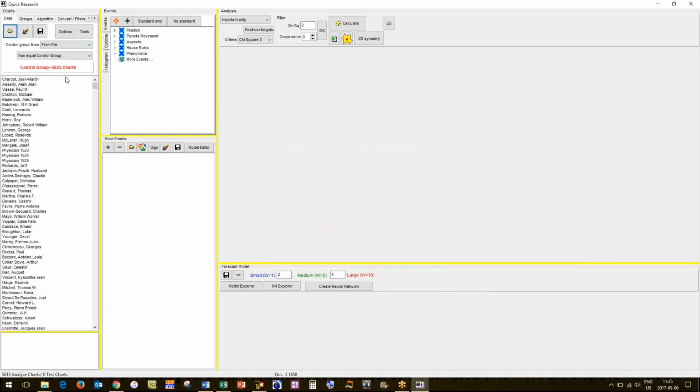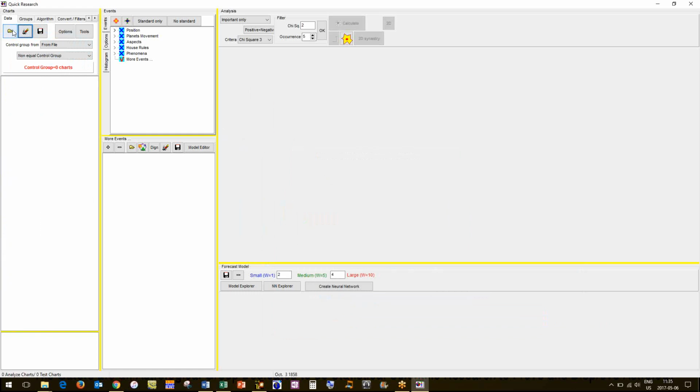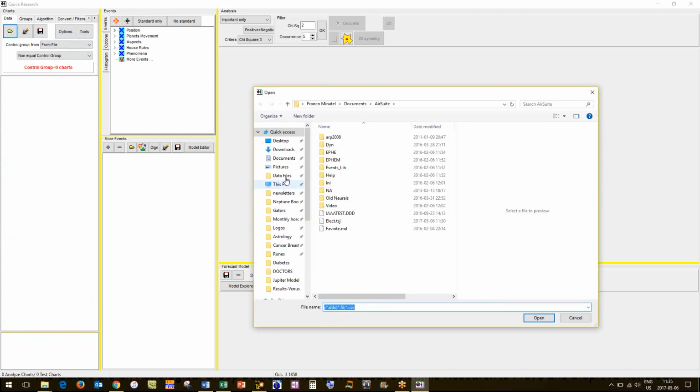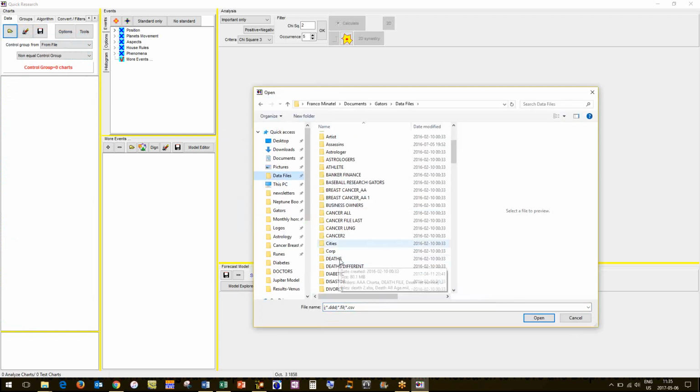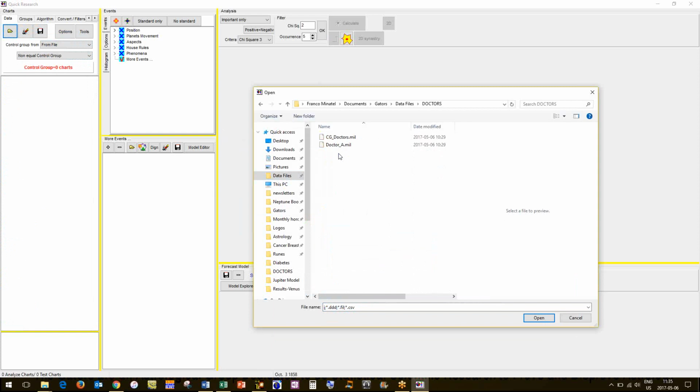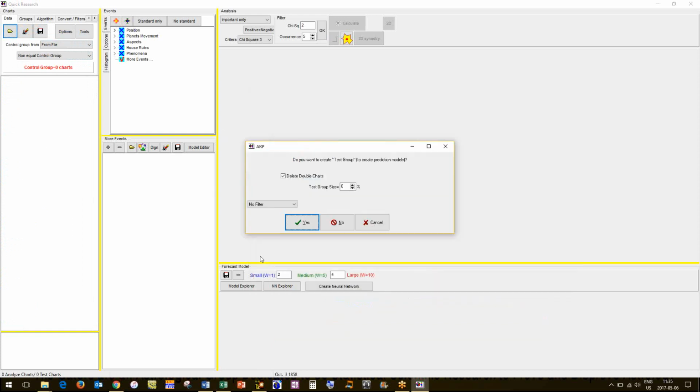So what it's done is it's created analyze charts. Oops, hang on. Let's try that again. Sorry, I screwed up there. Doctors. So doctors, here's our test group.